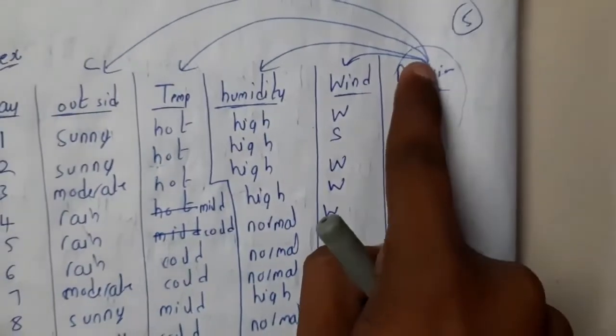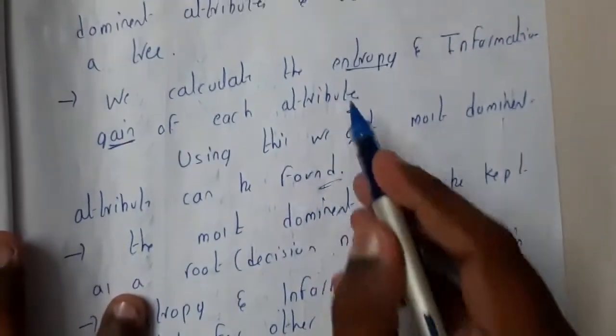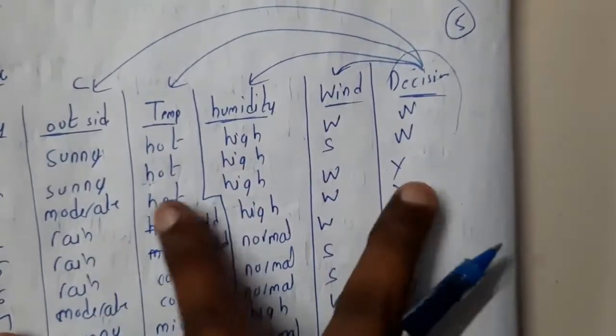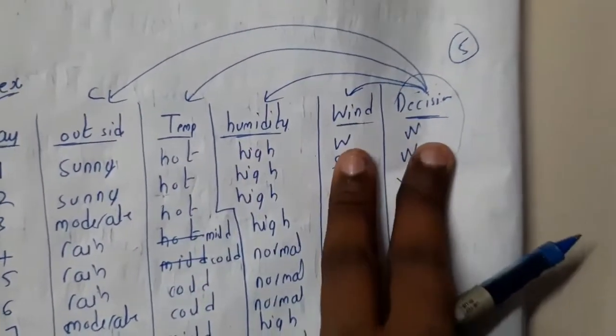Okay. So now you got the value of this, guys. So now you will be considering this with each and every relation. Like I told two terms, right? We need to find entropy as well as gain. So now we did entropy. The next thing that you should do is gain. For doing gain, you need to have two things, guys. So decision plus outside, decision plus temperature, decision plus humidity, decision plus wind.